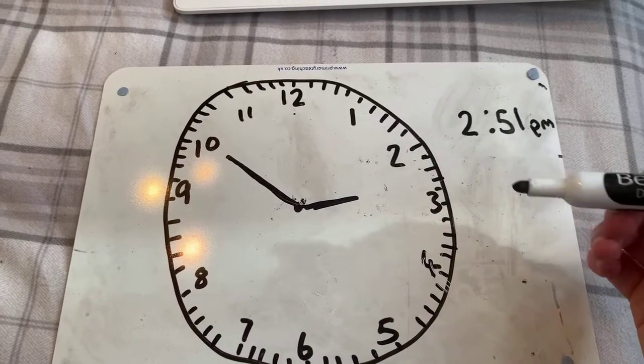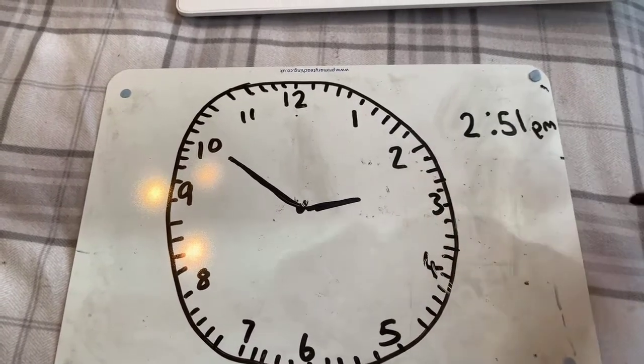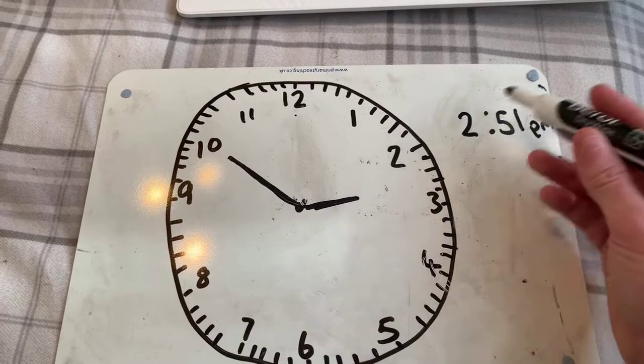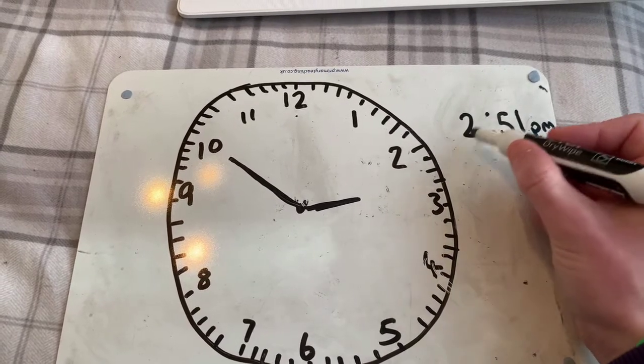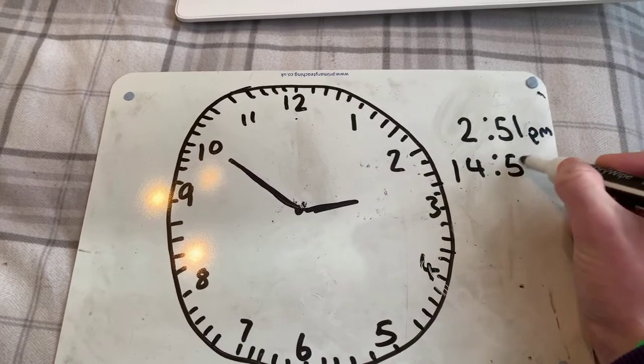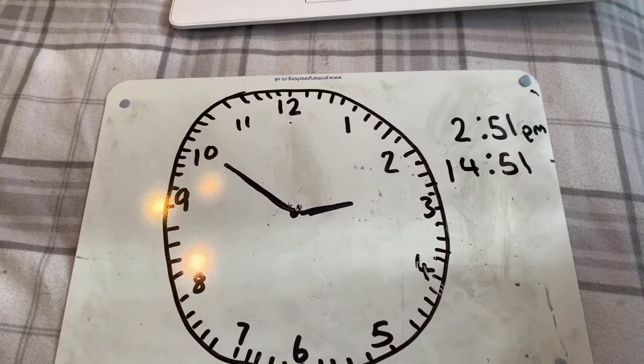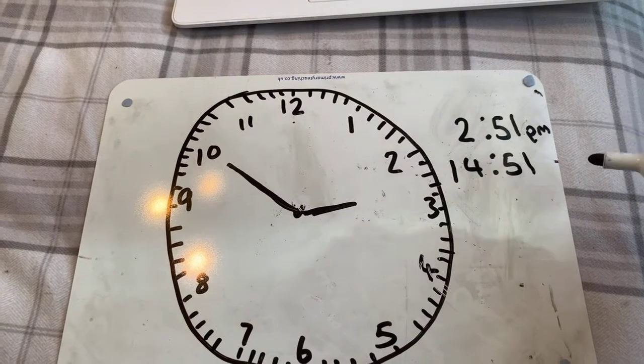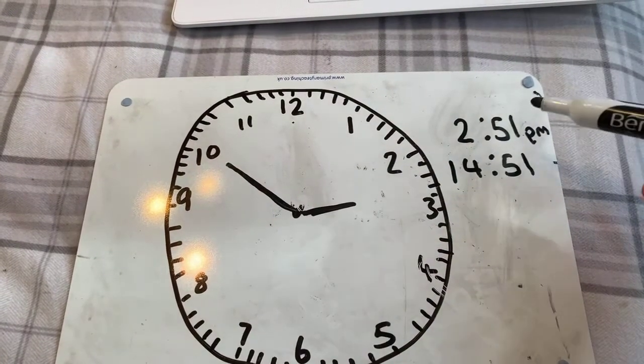If we want to convert that to 24 hours, then we're going to add on our 12. So 2 plus 12 is 14:51. And we don't need to put the PM if it's 24 hours. So that's it represented digitally in both